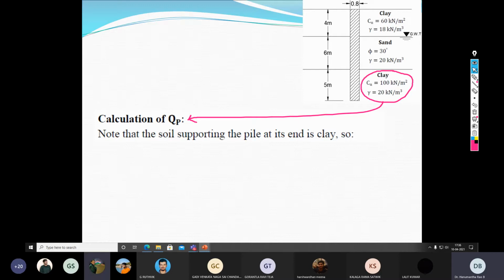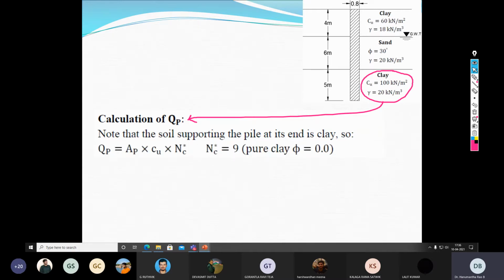In Janbu's theory, eta equal to 60, I think 60 degree. In handout, it's written. Okay, but that 60 and 90 correspond to clay and sand. Yes, sir. Okay, those are extreme values. So here we have to take clay, it is 60. May not be. We don't know exactly. Or even if you take 60, fine, you can do it. No issue. Consider the eta value as 60 and calculate the point bearing resistance. Fine.